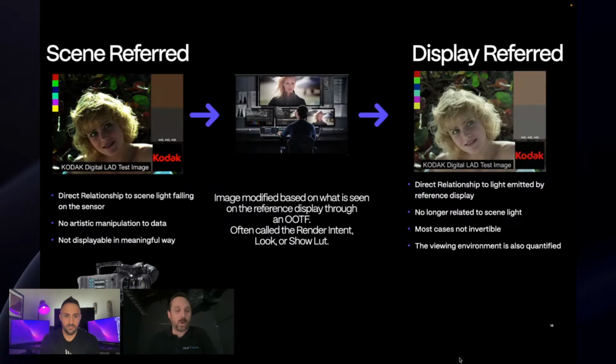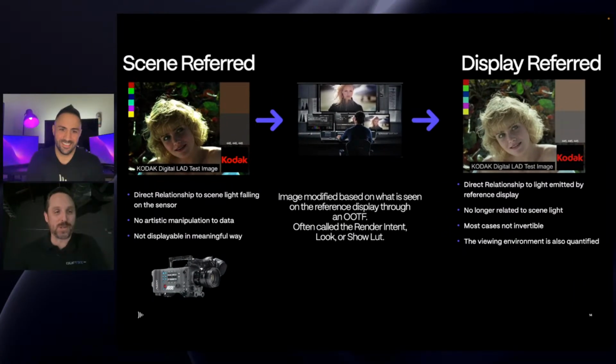This is the big one. You've got scene referred and you've got display referred. Hopefully the two images kind of show, again, Ray and I, when I sent them this slide, they were like, this is great, because it kind of visualizes a very big part of the pipeline that people don't necessarily know about or fully have an understanding of.